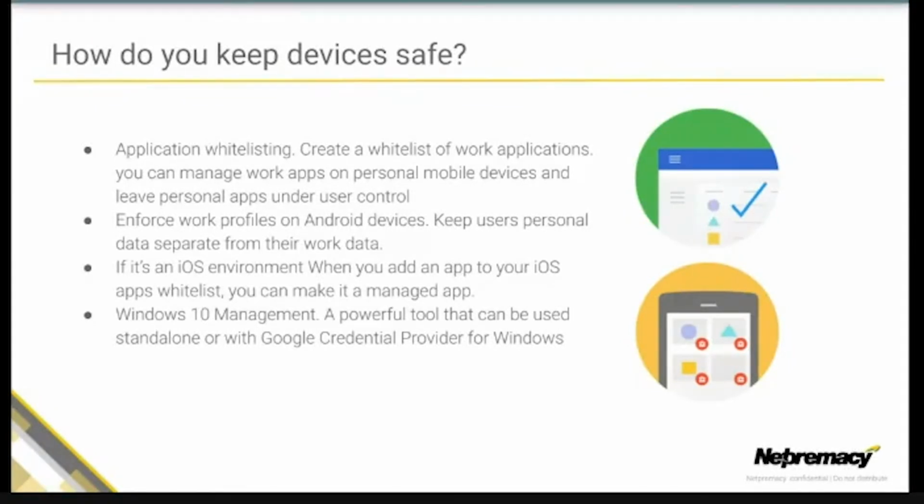And there are really powerful tools within the admin console to do this, managing your API controls there, making sure that the correct things are trusted, that the correct things are blocked or limited in scope for what they have access to within your Google services. And I did touch on this, but work profiles, I think on Android devices, really important. Keep that separation. As much as you may trust your users and think that they wouldn't, if they lose that device, it starts to create headaches that could easily be avoided by something like a work profile where you can keep personal and work separate.